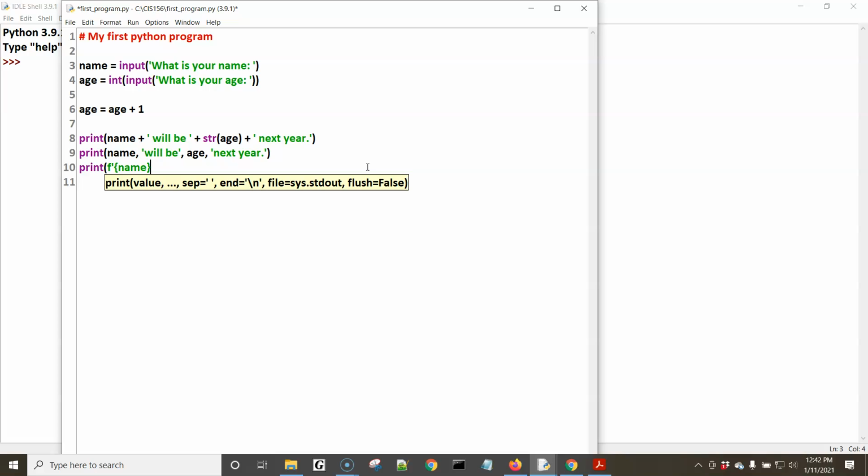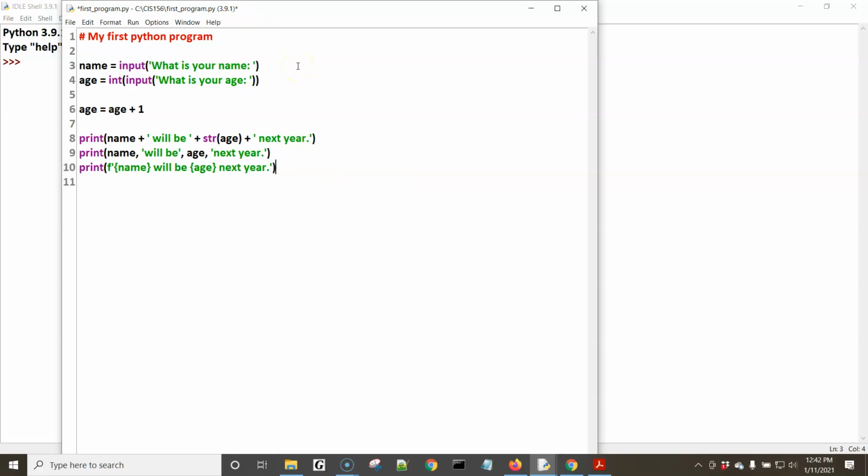So I will add a space, then will be, and I will specify my age variable. And then I will specify next year, close this out,